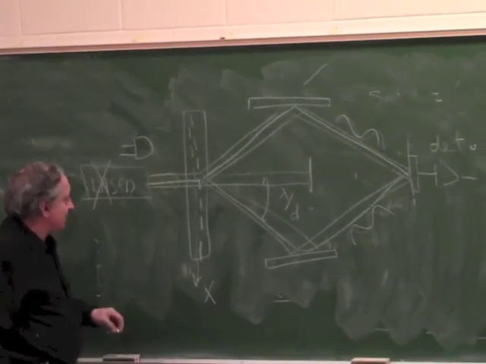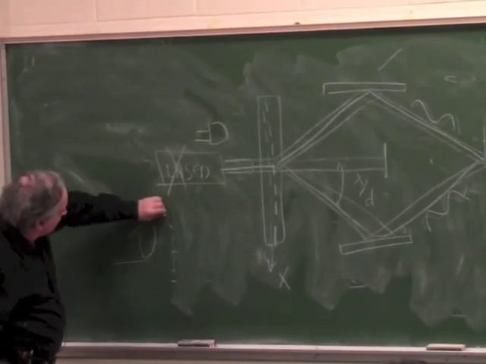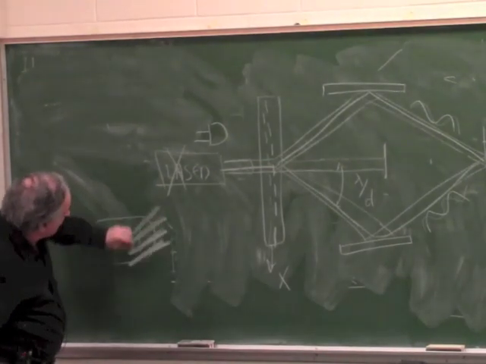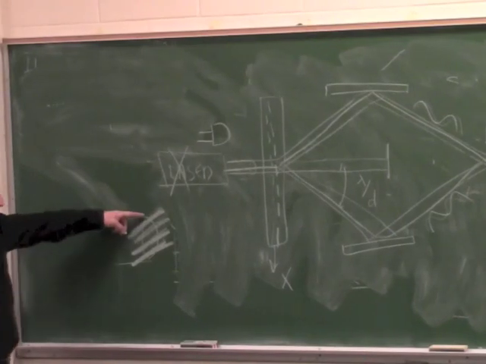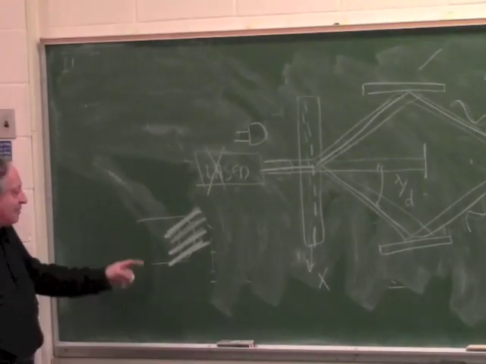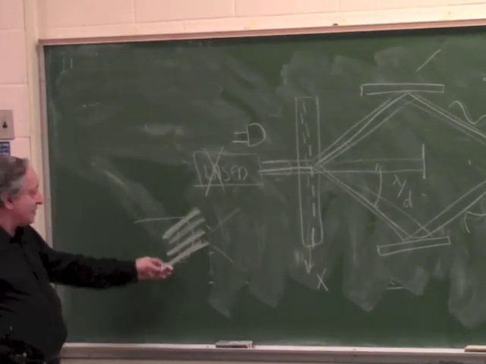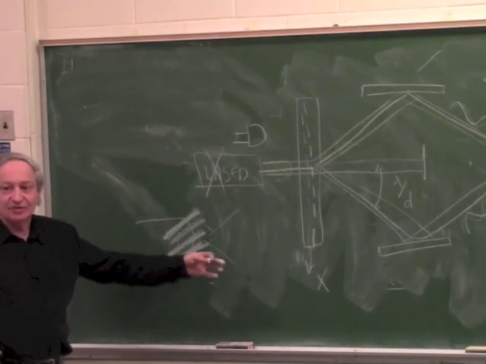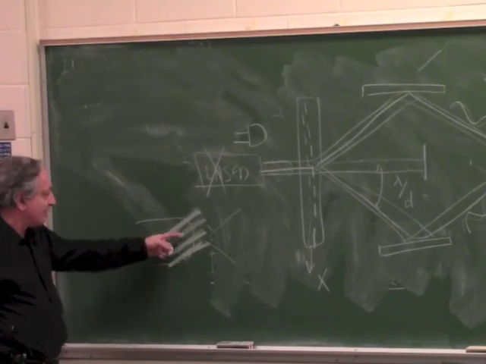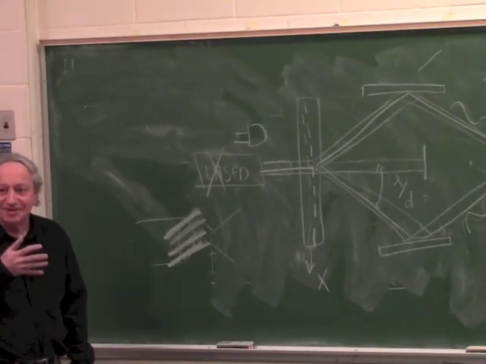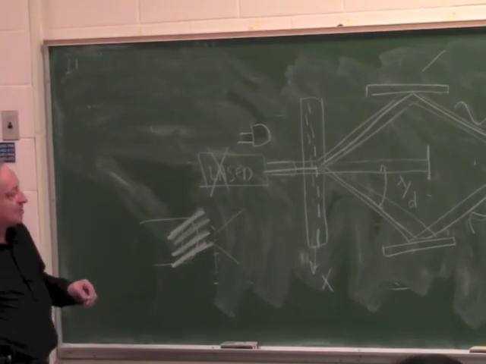In other words, I'm assuming the beam stays the same size. So what I'm drawing here is this. This is my beam, and these are the grating lines. Usually there are more, but let's say there are four grating lines in the beam, and the first one lines up with the beam. So I'm getting a certain phase shift in the two orders. If I move the grating from this position to this position, I get a phase shift. Now, if I change the color of the light, it doesn't matter, because the phase shift comes from the relative position of the lines in the beam, and not from the path length. Because, as I explained before,